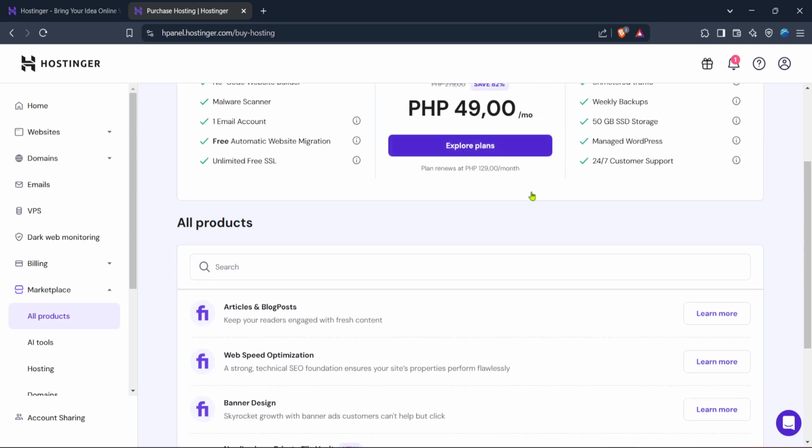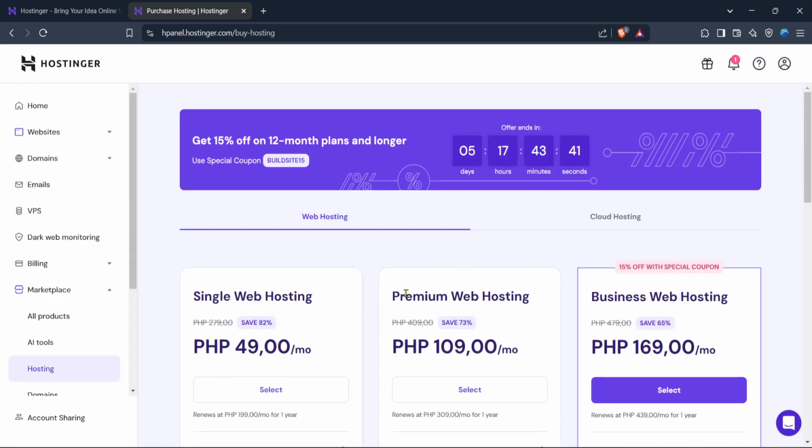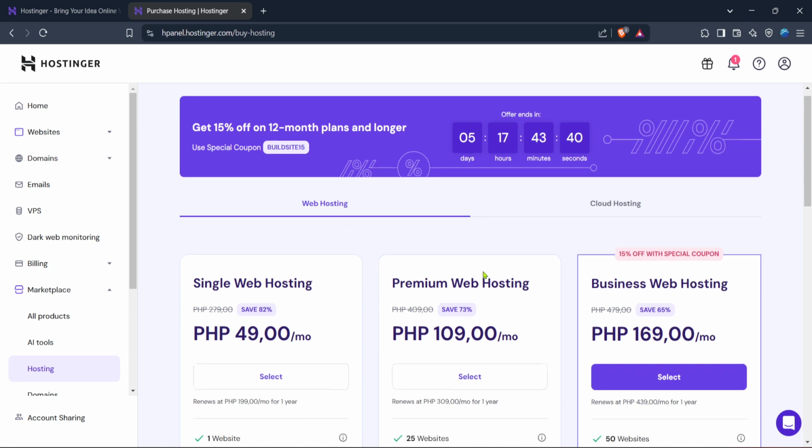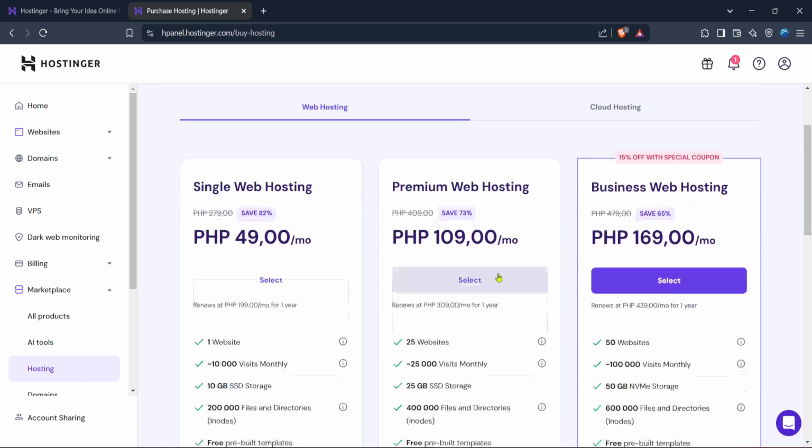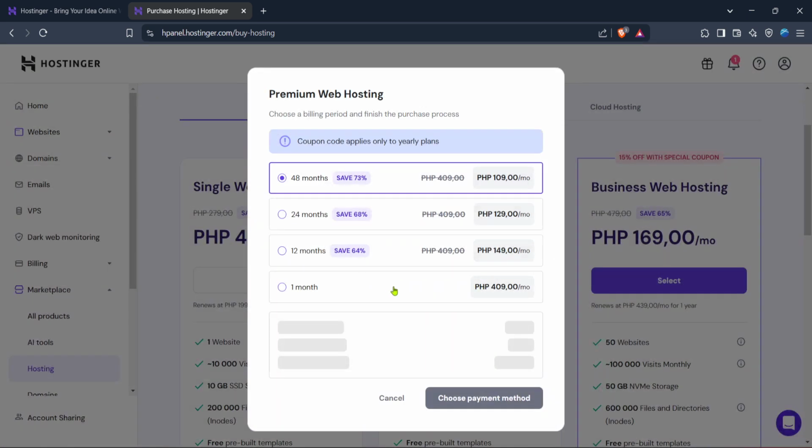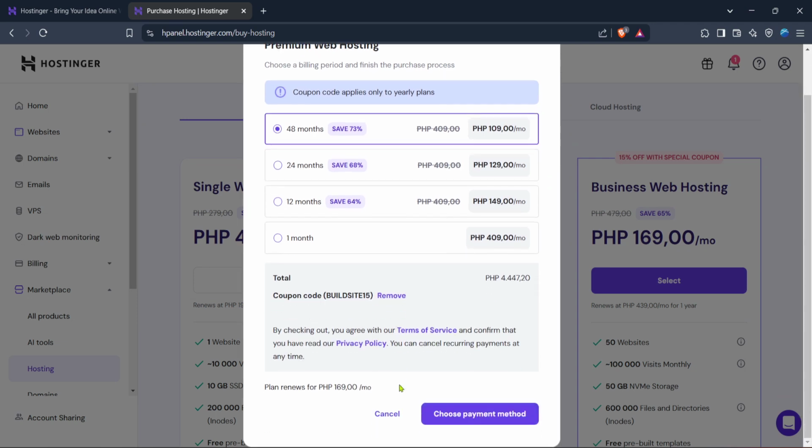benefit your online presence. And there you have it, you've now successfully navigated your way through the Hostinger interface to explore and select the most suitable hosting plan upgrades. Whether you are expanding your existing websites or require additional resources, Hostinger's wide array of plans ensures you'll find the